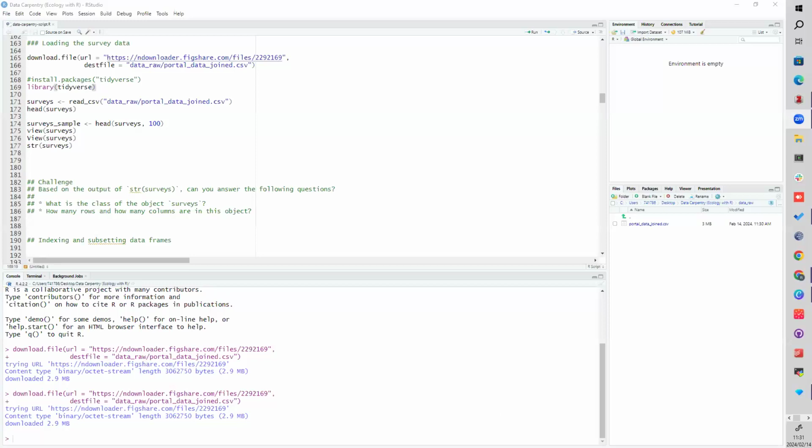Is my screen visible? Yep. Awesome. Okay, so